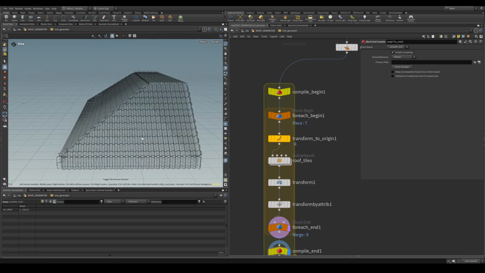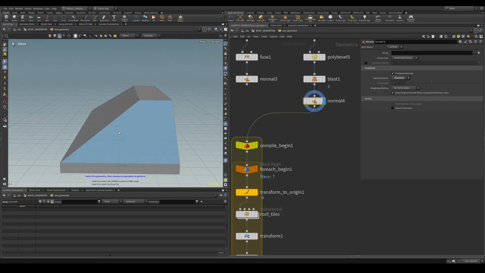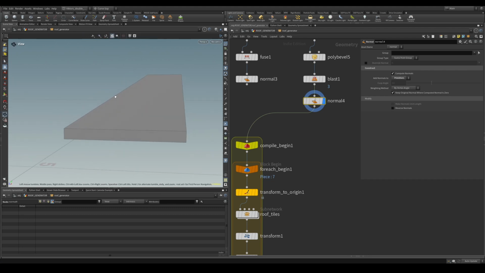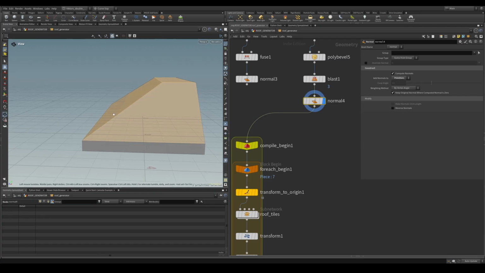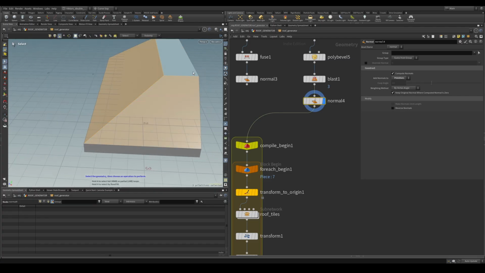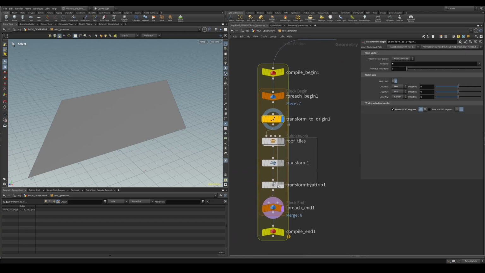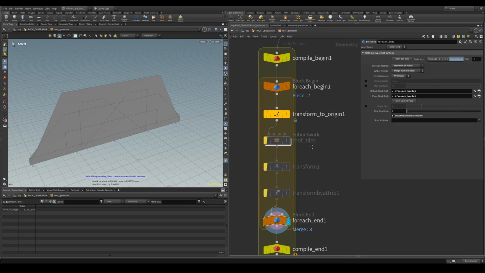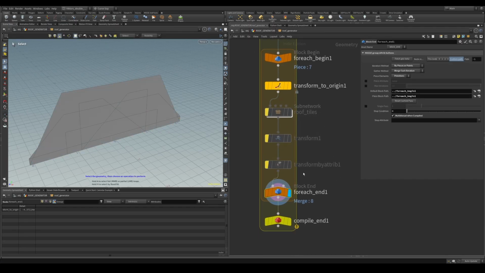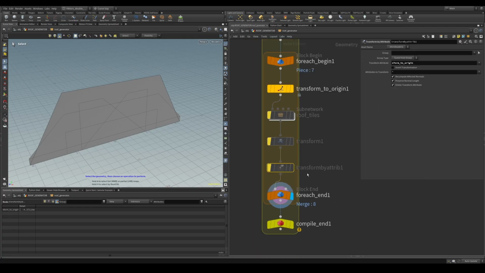So the idea behind this node is that we can take primitives from any geometry and basically align the surface. We can take the normal of these primitives and align them across the x or z axis. And this gives us our normalized working space that we can then go ahead and work on with some procedural logic, in this case for something like roof tiles. So if I disable the roof tile logic, and I do not transform these primitives back to their original place,